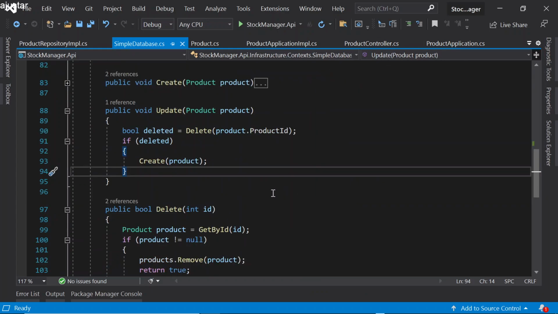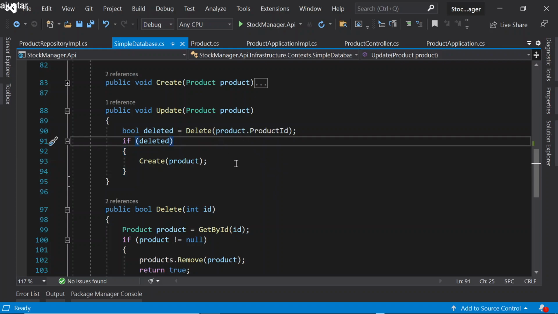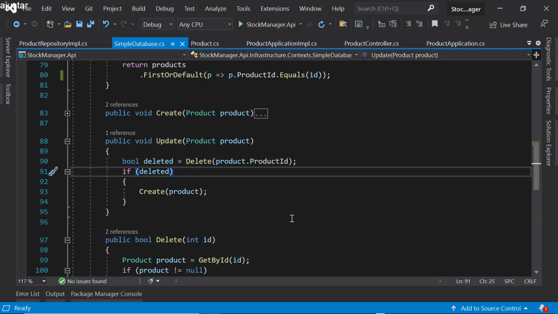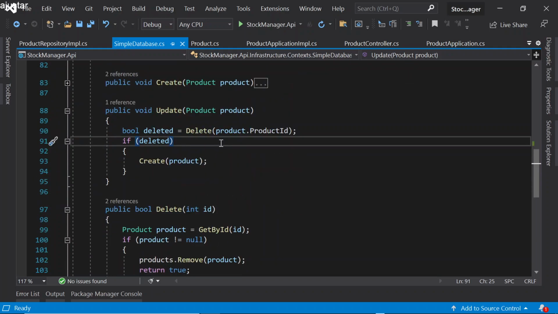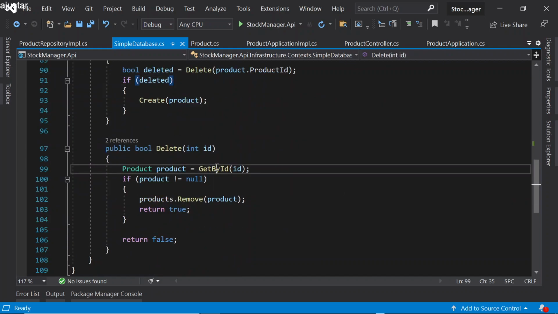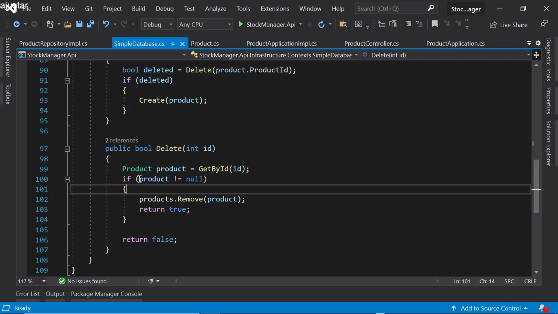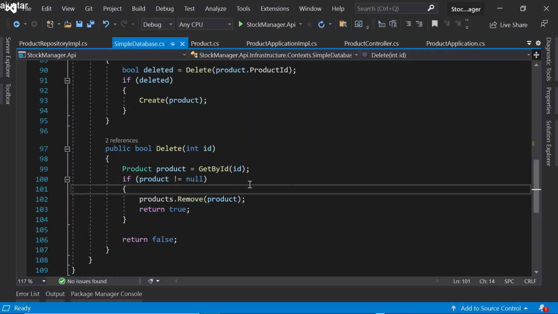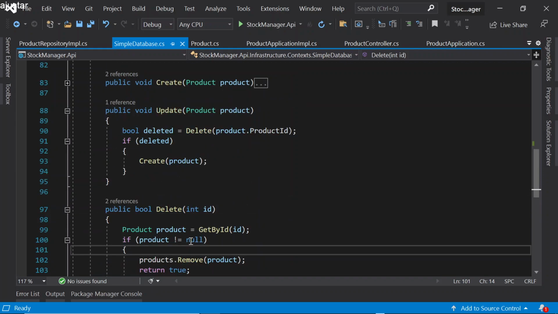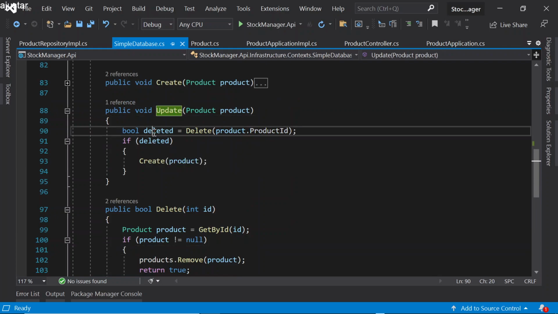Okay, so let me see. The delete searches the data, and if it is not equal to null, remove and delete. Okay, so my updating code is delete